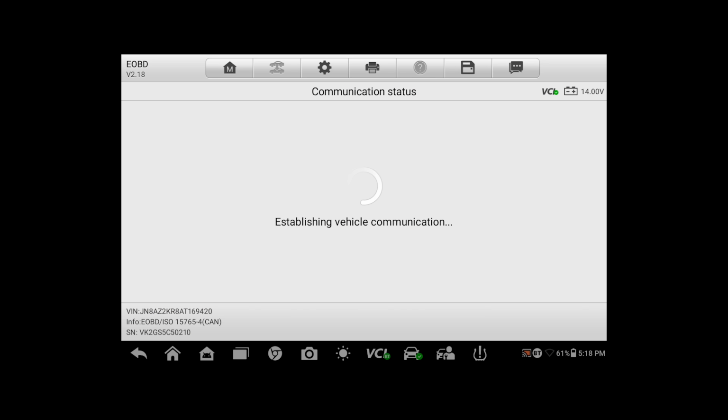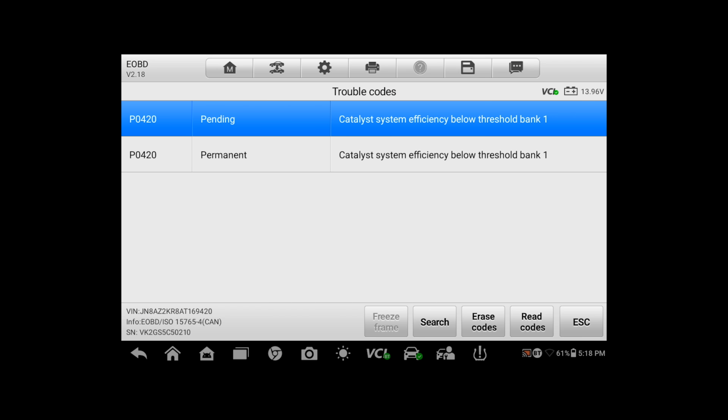As a last-ditch effort, I used the scan tool to clear the codes, hoping that maybe it had a default strategy with a P0420 set, which wouldn't show a fix in the sensor data. But after just one test drive, the P0420 came back as a pending code, meaning that even after clearing the codes, it took only about 20 minutes for the computer to say, yeah, this catalytic converter is bad. So...